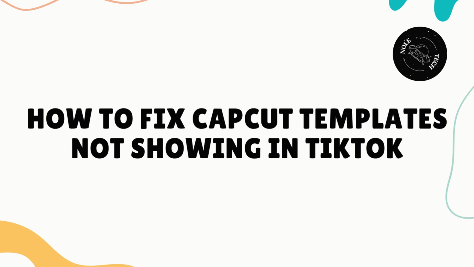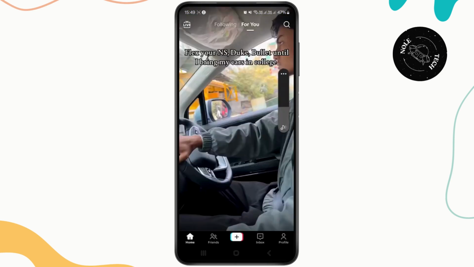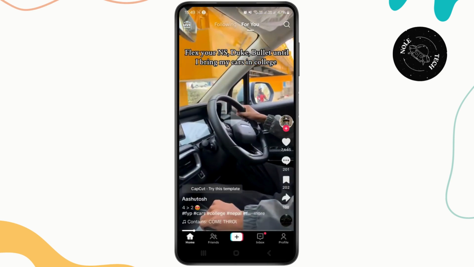How to fix Capcut template not showing in TikTok. So hello guys, if you have been wondering about your Capcut template not showing in TikTok, this is the right video for you. So first thing you want to do is simply head over to your TikTok application,